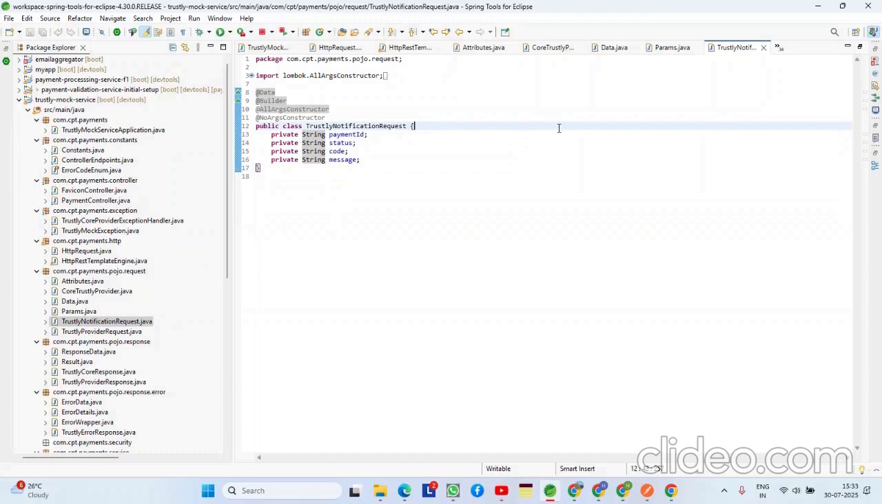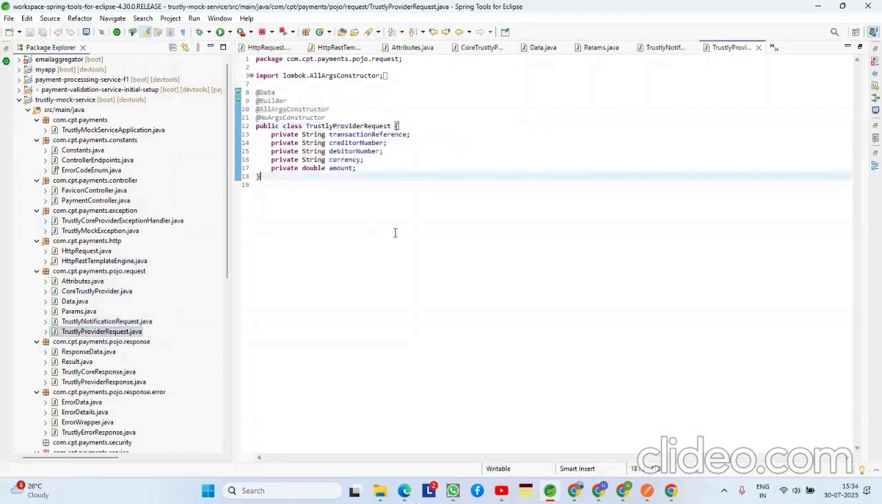So it defines the structure of notification request and fields like private string, private string payment ID, private date, and other types of things, with getter and setter, and annotated with many things, like we don't use getter and setter, we use these types of annotations, and used for asynchronous notification handled by payment controller class. And then we have a Trustly provider